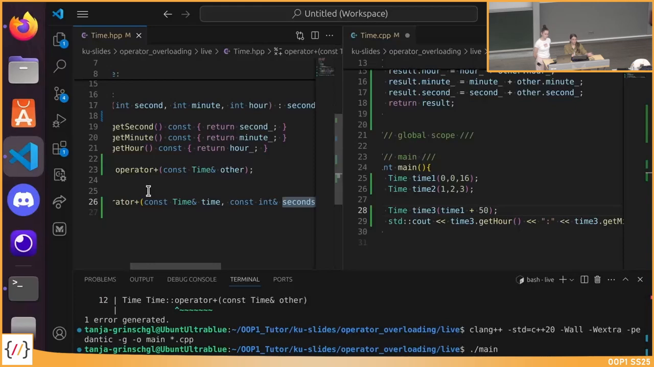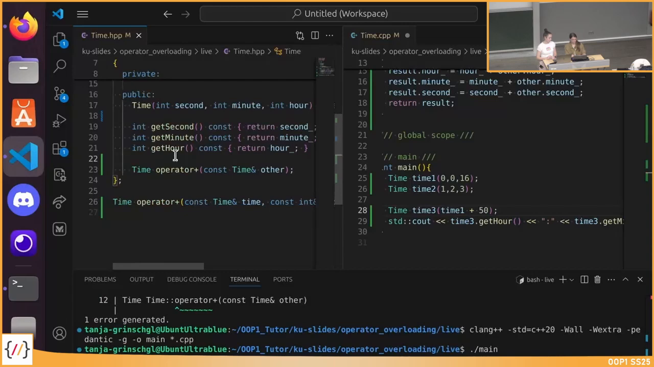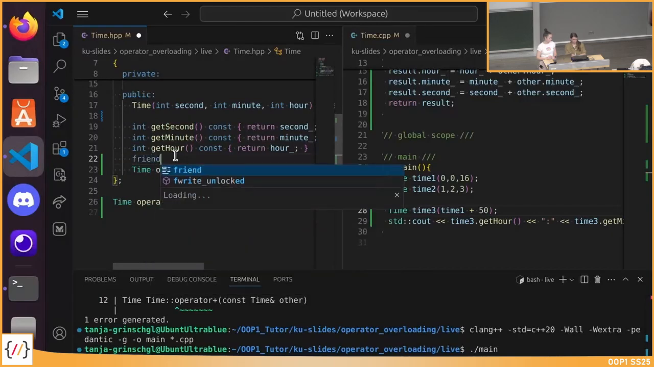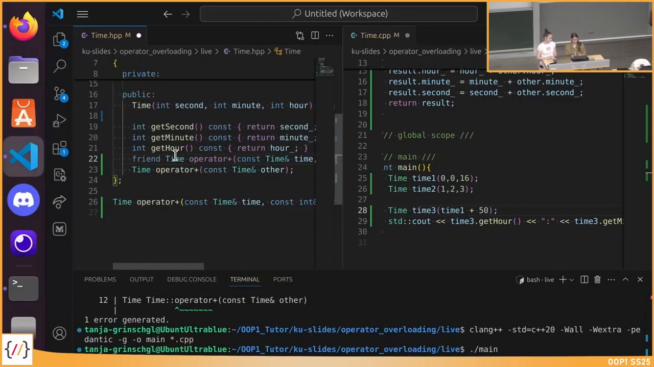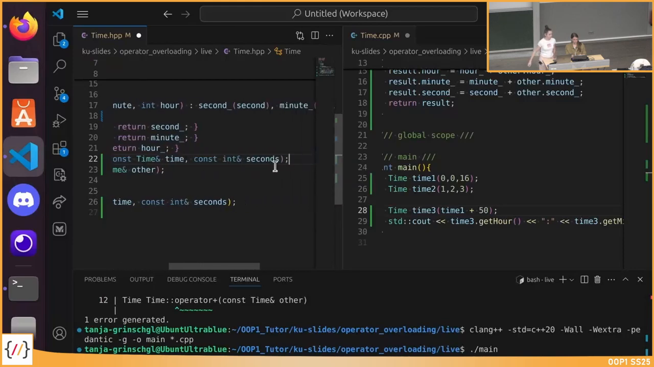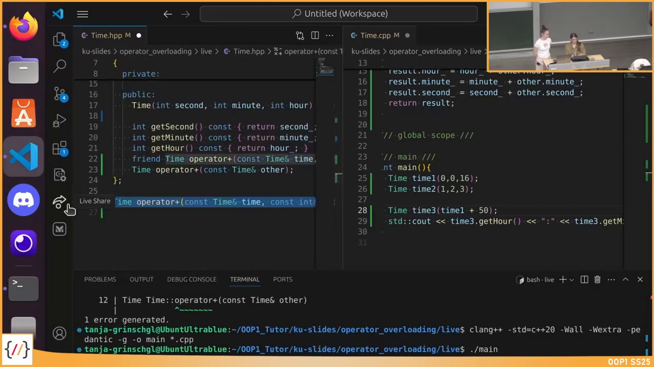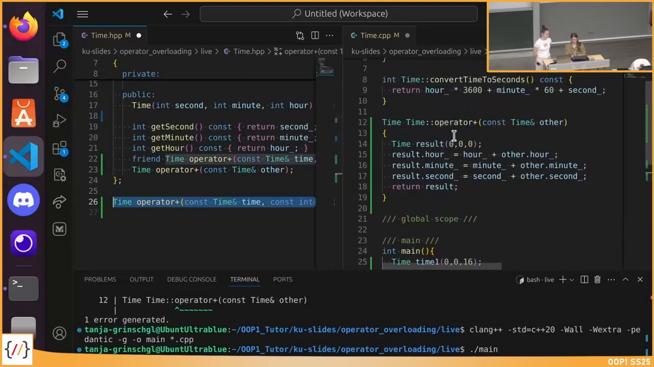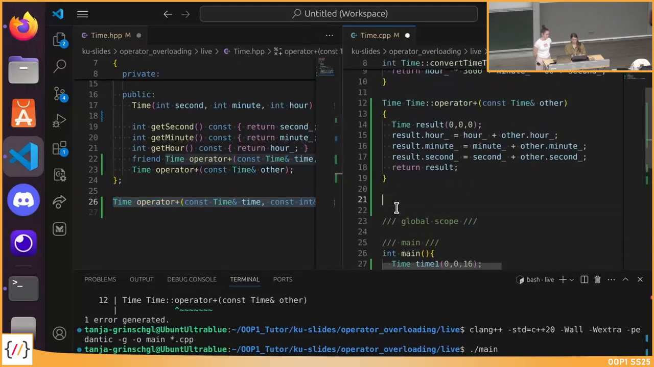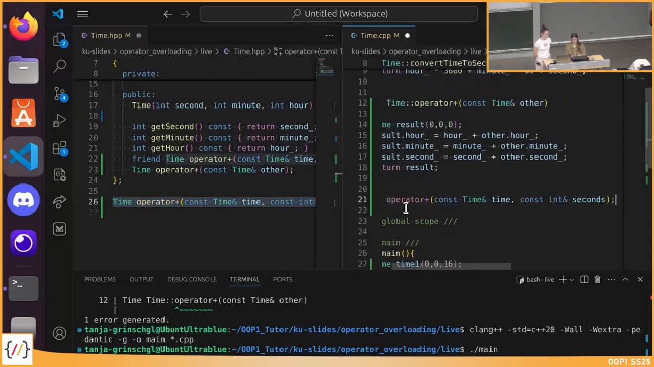I mean, yeah, you could also just put it in the class, but for completion's sake, we're also showing you how to add it with friend if you put it into global scope. So we'll put that here. So now we just have friend and our operator with our seconds. Now we, of course, still have to define that again over here. If we go back to the CPP file,